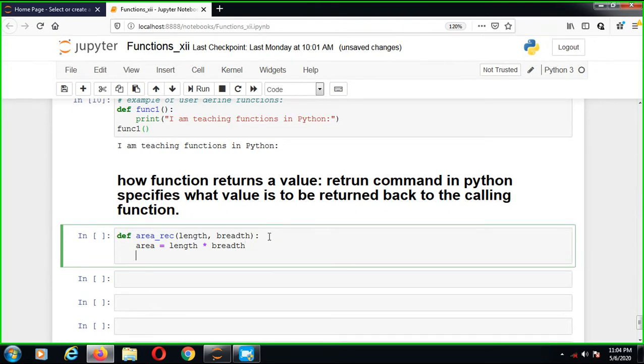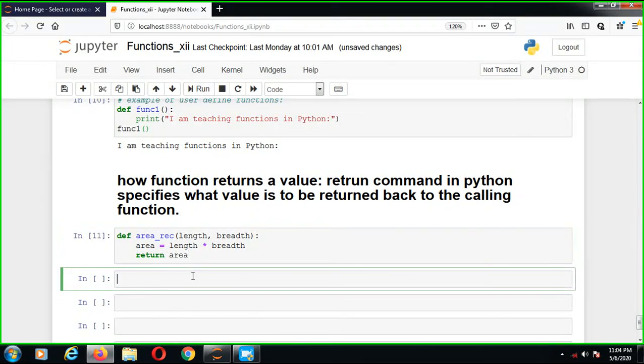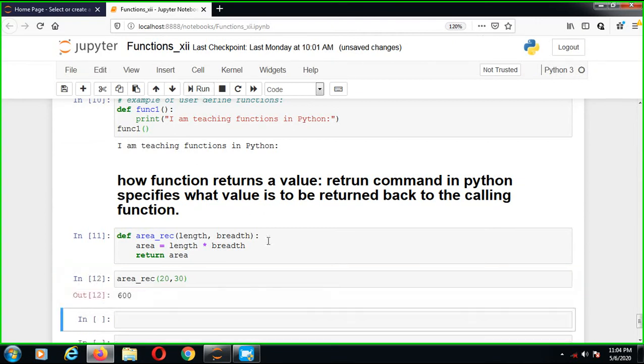Now return area. This is the function we can utilize. Now how can we call it? Our function name is area of rectangle, length is 20 and breadth is 30. Now execute the function and you can see the output. So this is how the return value is specified. Got it?